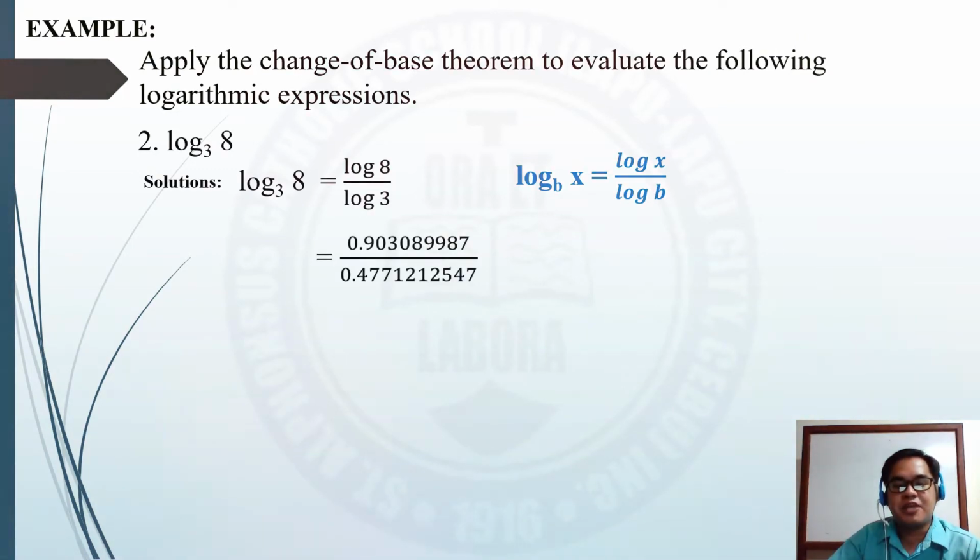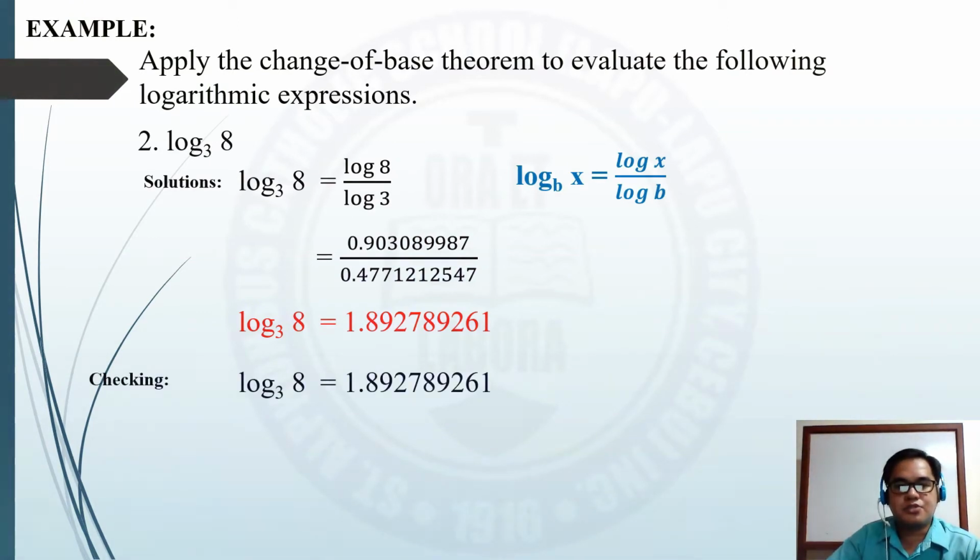Next, get the equivalent value of the logarithm of 8 using your calculator, and it will become 0.903089987 over, get the value of the logarithm of 3 using your calculator, and it will become 0.4771212547, and the logarithm of 8 to the base 3 is equal to 1.89278961. To check, write the given and its equivalent value, which is